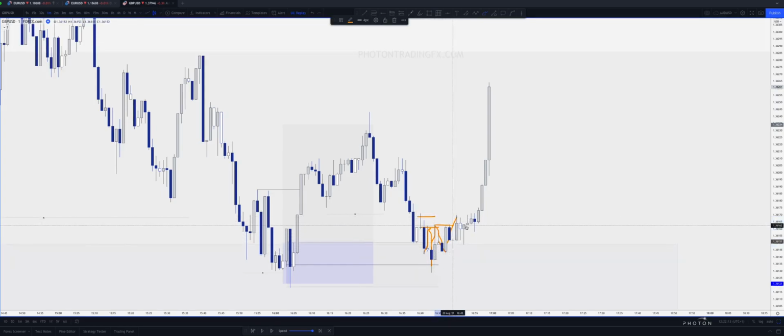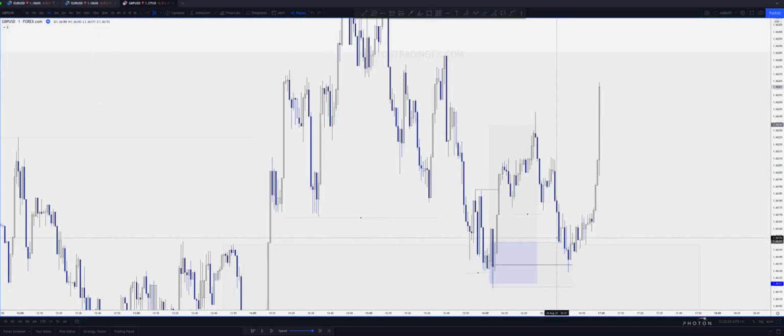Then we get the failed reaction here, and then anywhere within here you can buy right on that demand on that doji, and then boom, that's how you confirmed this area here if you just wanted to wait for a little bit more confirmation. So yeah, that pretty much wraps it up in terms of everything I wanted